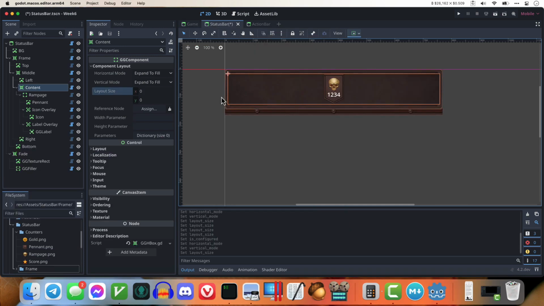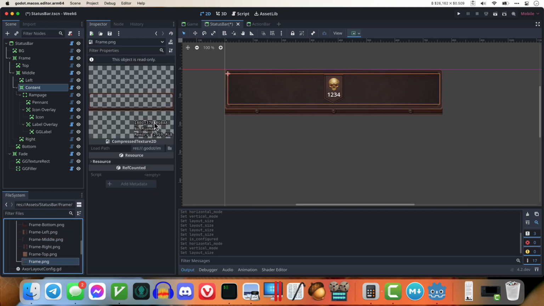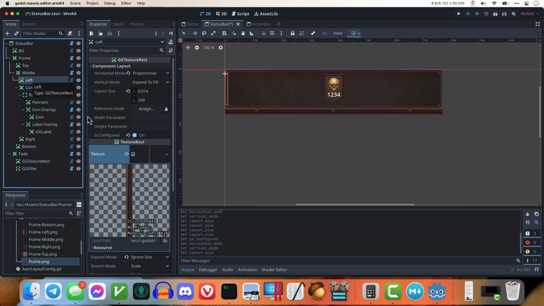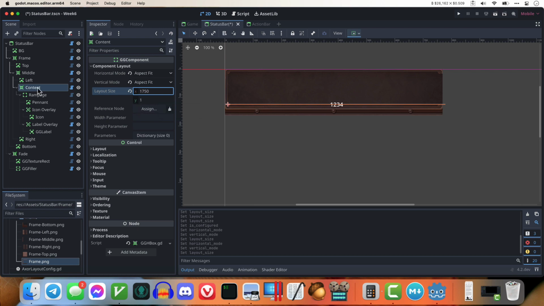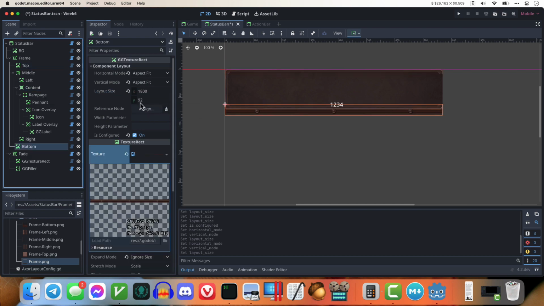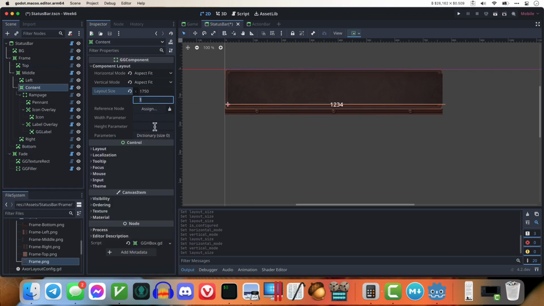The original frame is 1800 by 378. The sides are 25 pixels wide each. The top is 37 pixels high, and the bottom is 92 pixels high. We set the aspect ratio to 1800 minus 25 minus 25 by 378 minus 37 minus 92, and